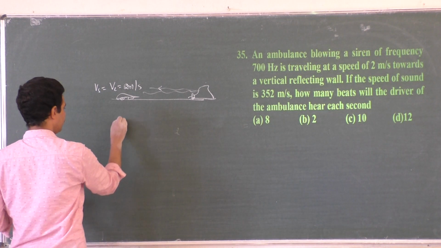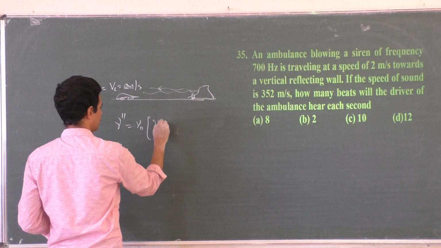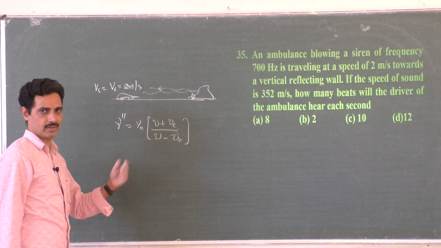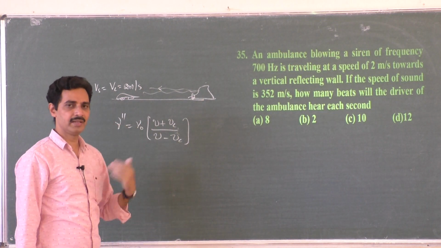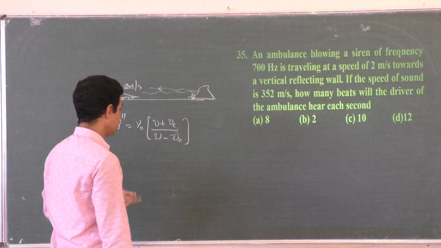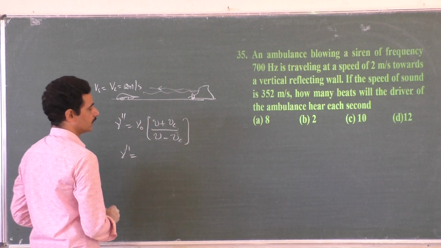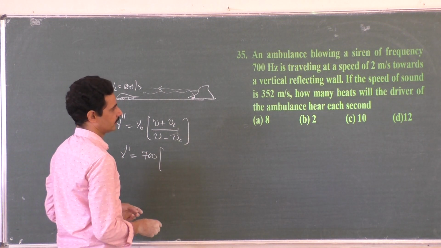So apparent frequency nu double dash is equal to nu naught into (v plus velocity of the car) divided by (v minus velocity of the car). This is what we have derived already. Because he has to hear the reflected sound from the hill. The hill will receive a certain frequency, that is reflected and received as different once again. That is this one: nu double dash is equal to nu naught, 700, into (v plus velocity of the car)